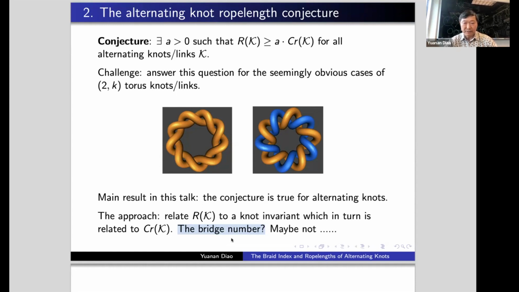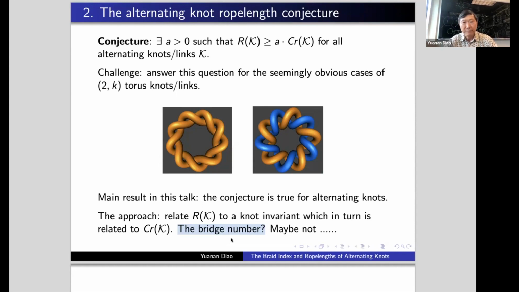And therefore, it's fairly obvious once you draw the picture that the bridge number is a lower bound for your rope length,